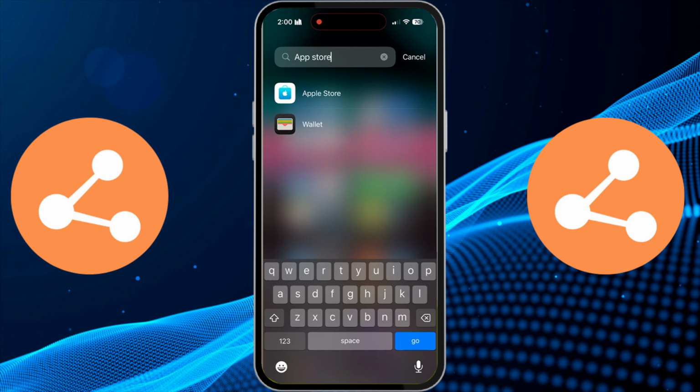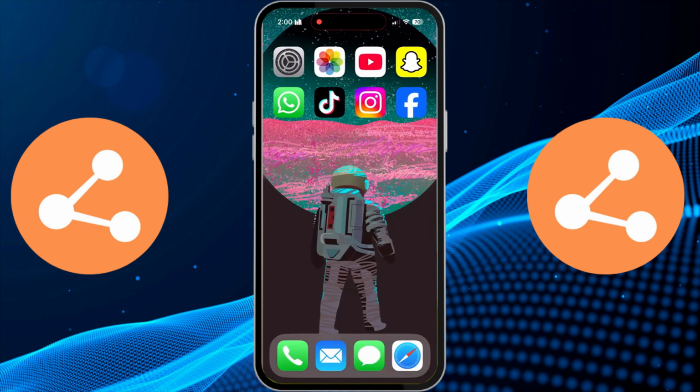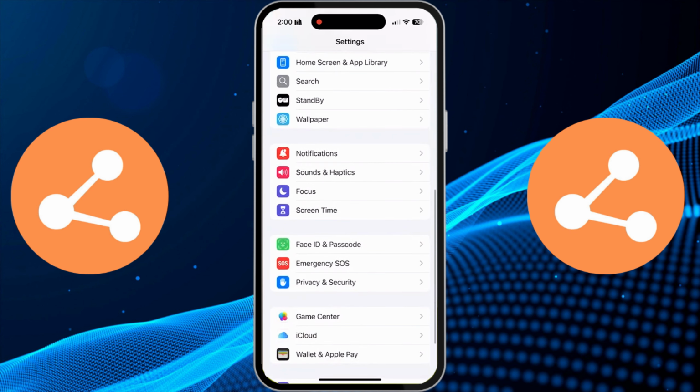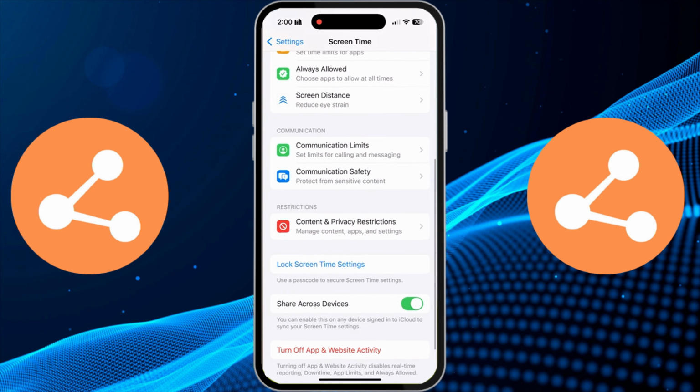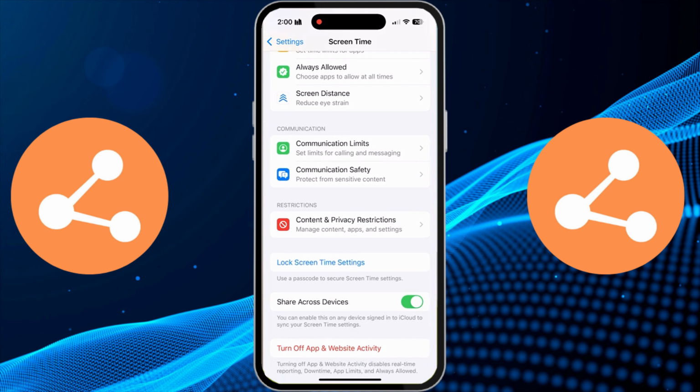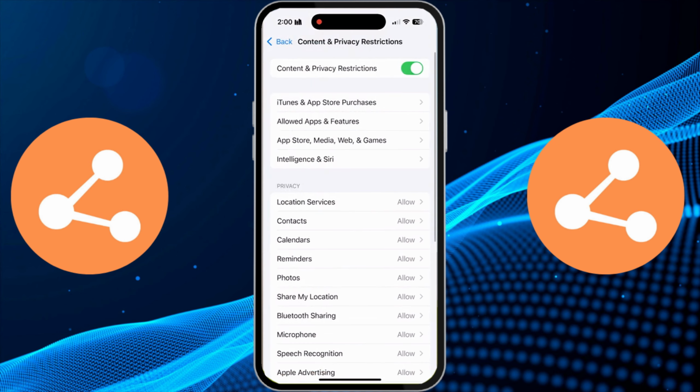One common reason for the App Store's disappearance is the presence of screen time restrictions. To check this, go to your device's settings and select Screen Time. From there, navigate to Content and Privacy Restrictions. Within this menu, look for settings related to iTunes and App Store purchases, as well as options for installing apps,